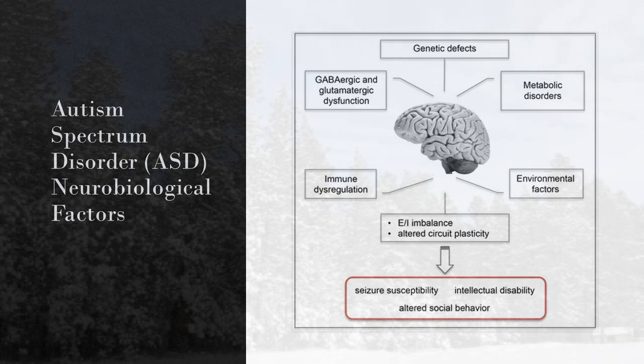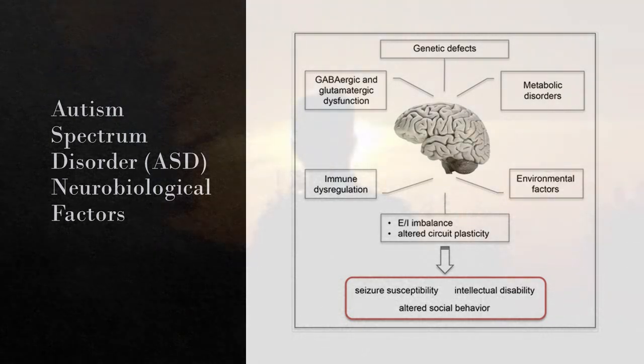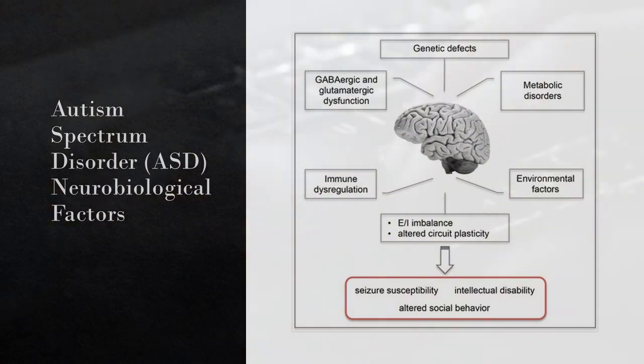Now, when we look at the neuroimaging studies, we see that there are some real differences in the structure and connectivity of brains of individuals with autism spectrum disorder. Some atypical regions occur in things like the amygdala, which has to do with emotional processing, the hippocampus, which has to do with memory formation and memory consolidation, and the corpus callosum, which is associated with the integration between the two hemispheres and is associated with social and communication difficulties.